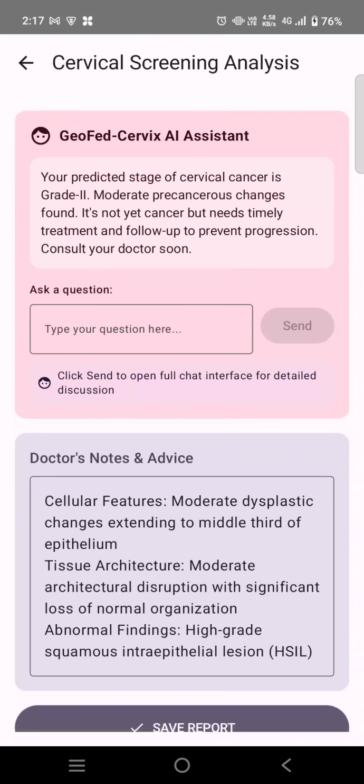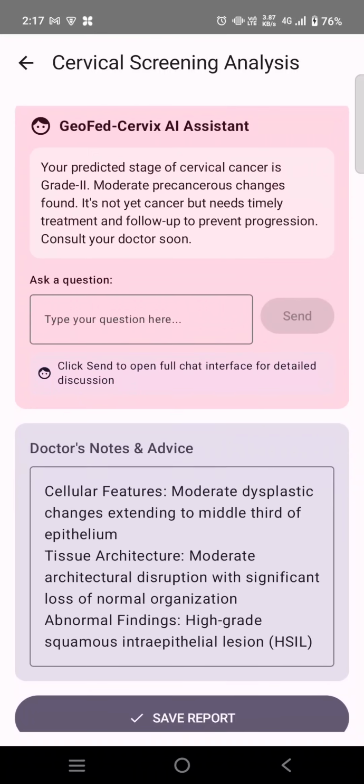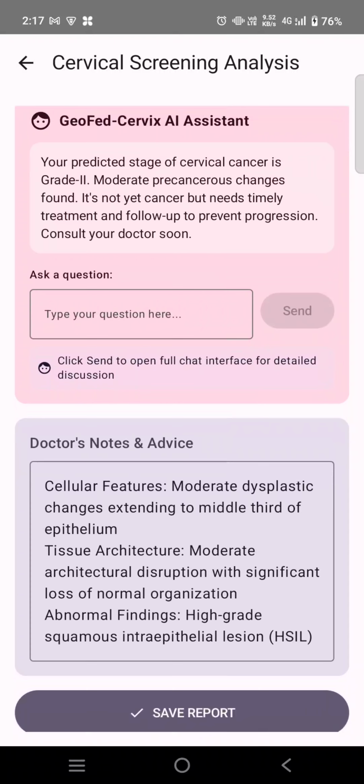And then the save report option is also available. So if you wish, you can directly click on the save report option and save the entire result. Okay, so I hope the picture is clear to all of you,